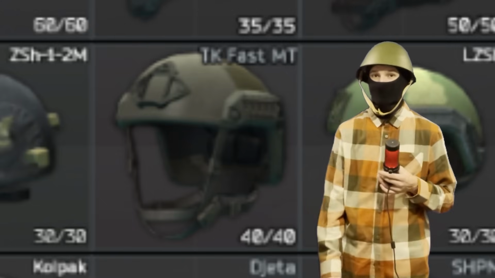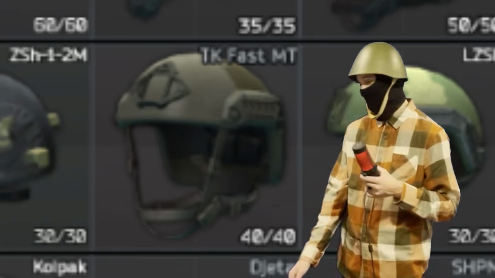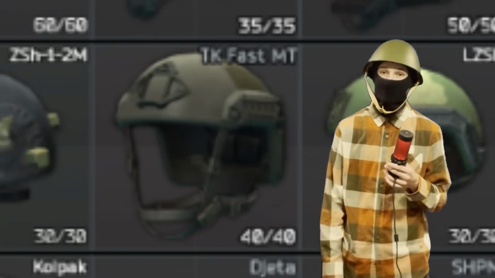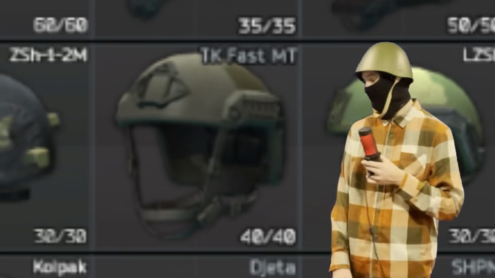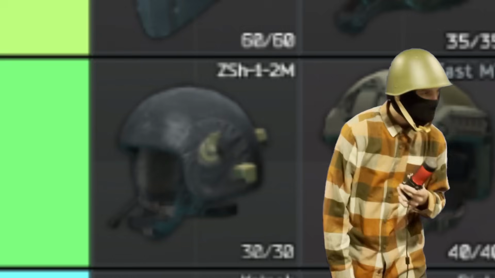The only problem with it is you have no back of the head protection, so I mean, if you want to run face first into danger, then that's something you can do, but honestly, it doesn't have that much practical application. It's just a dumb thing you can do, so I feel like E tier is a perfectly fair place to put this thing. And rounding off E tier, we have the...